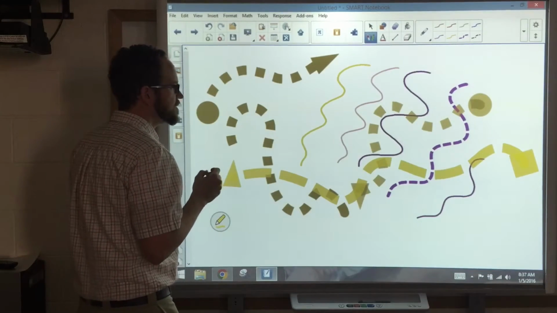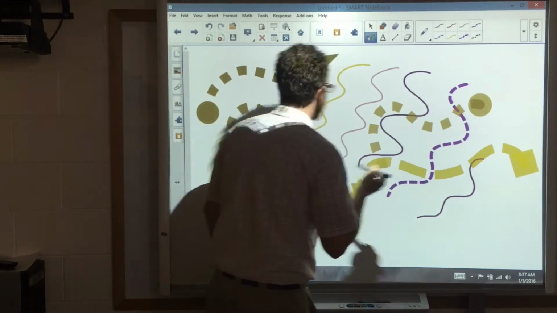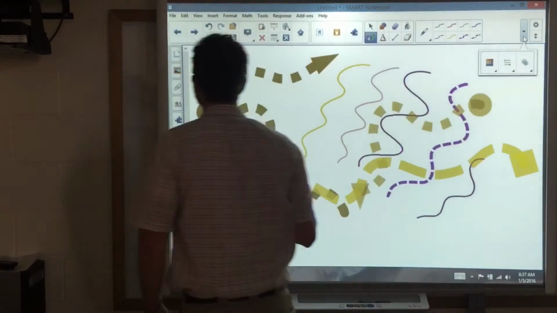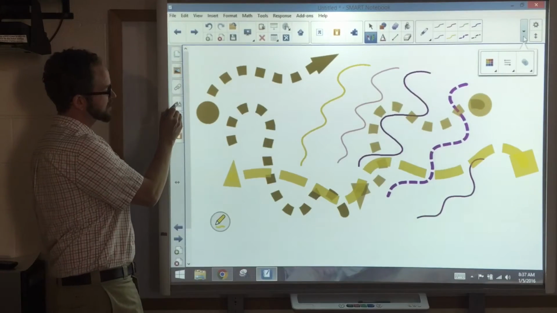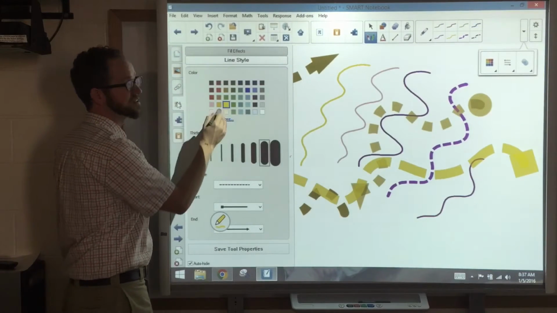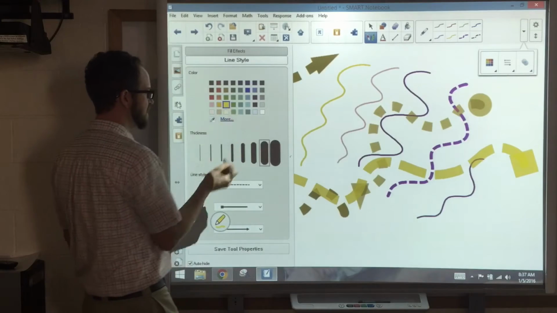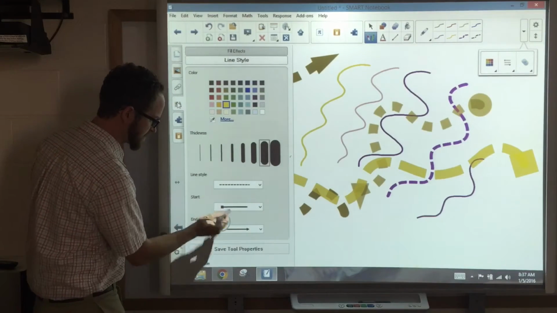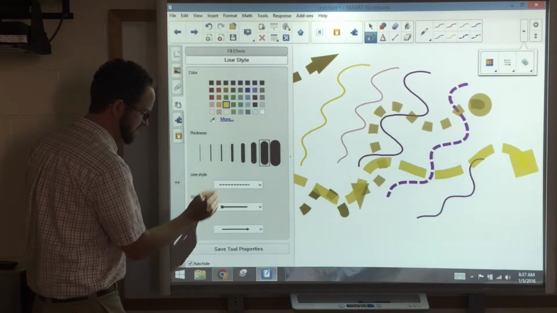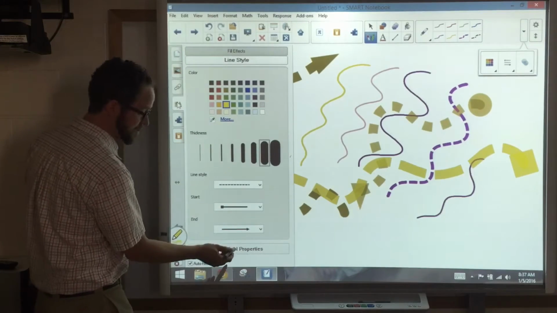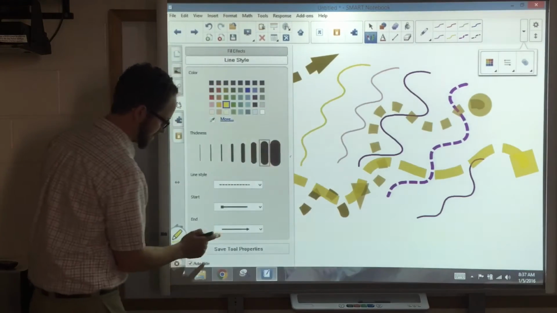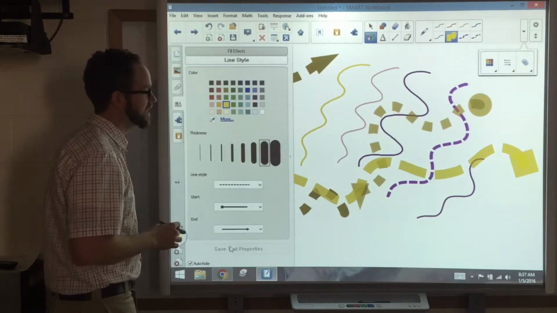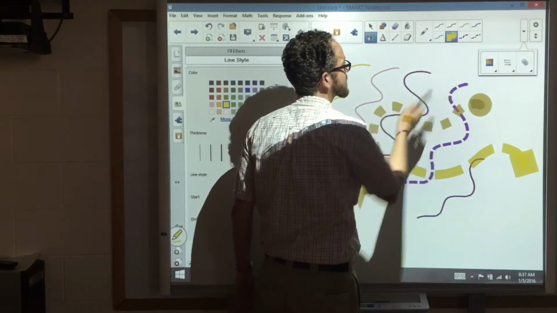Interestingly enough, there are properties of pens here, but there are also properties under this 4th tab down here. Notice a lot of the same stuff carries over. We have color, we have thickness, line style, how it starts and how it ends. All that stuff is there. The only thing we don't have up there that we do have down here is Save Tool Properties. And notice all it did was take a tap and now my button, while it looks a little ugly,